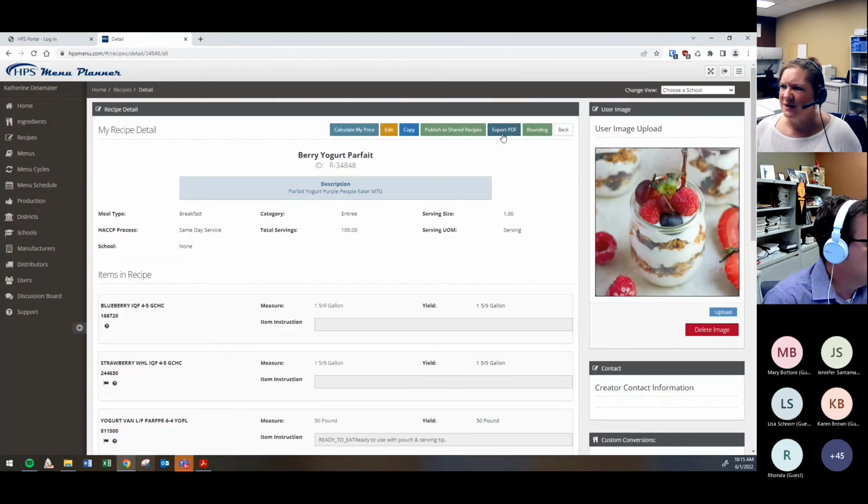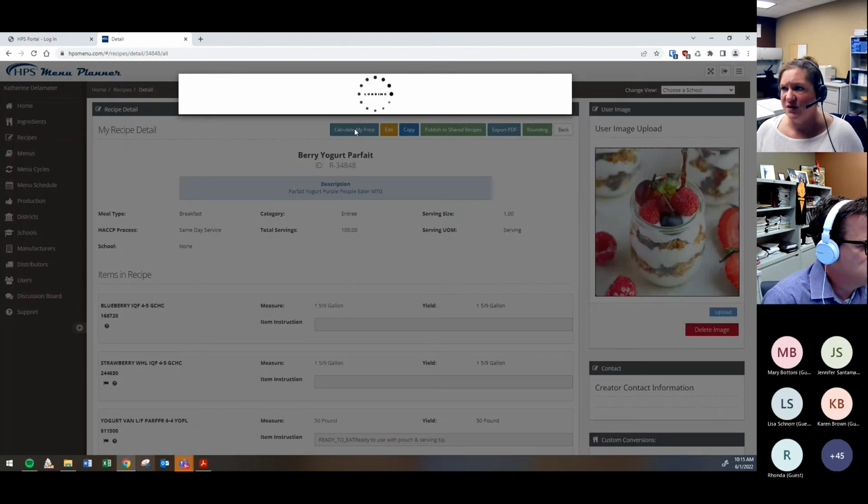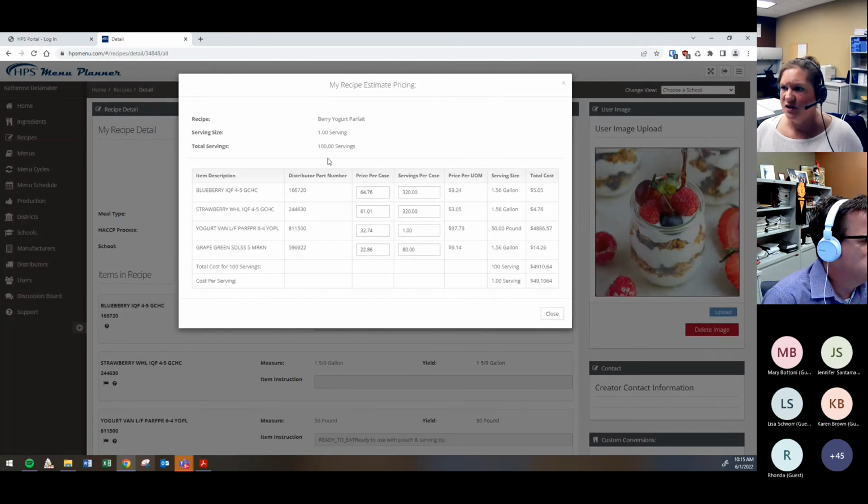Rounding is really nothing we need to worry about too much, but we can calculate the price of our recipe, just like we could on our ingredients. That's why we want to make sure everything at the ingredient stage is correct, because it starts to make a big difference going forward, and that's a lot easier to correct at that stage. Because we have that relationship with Gordon Food Service, we can see our case price of all of our ingredients. We know how much comes out of a case, so it'll figure it out, and it looks like one serving costs